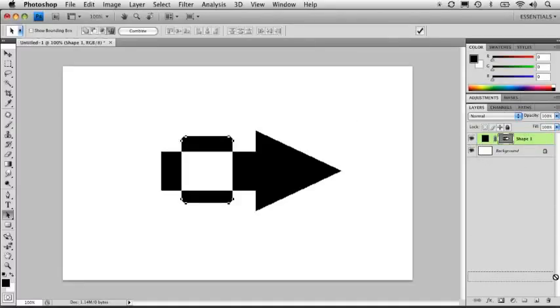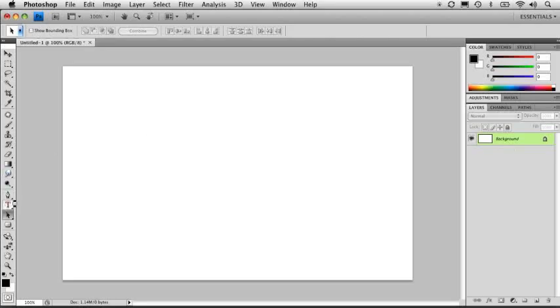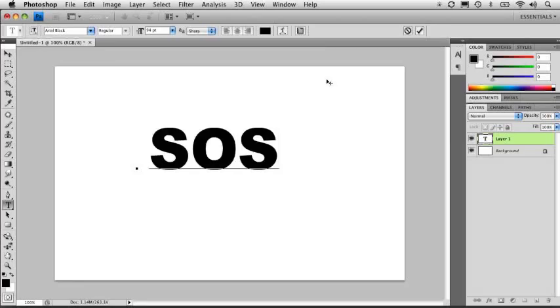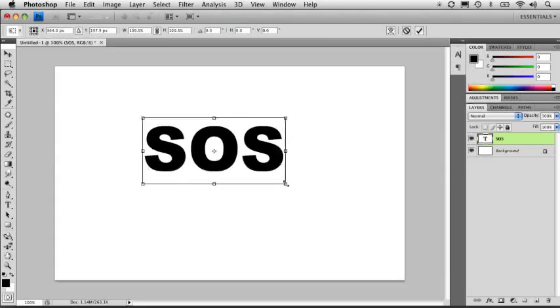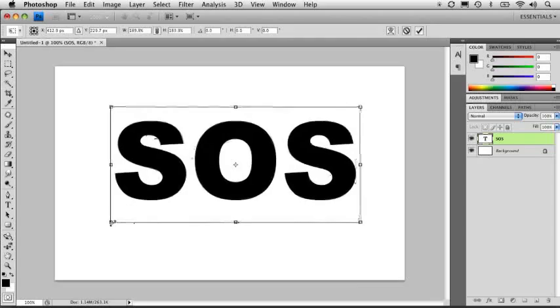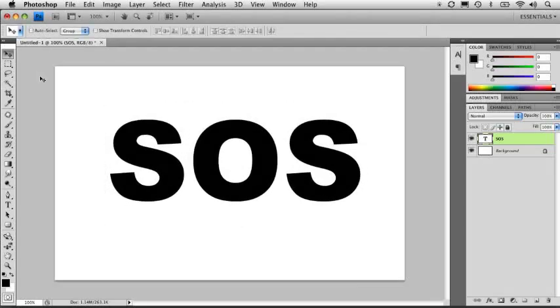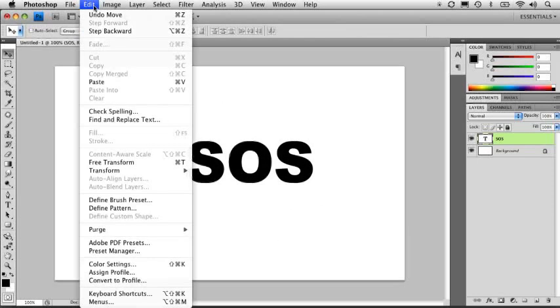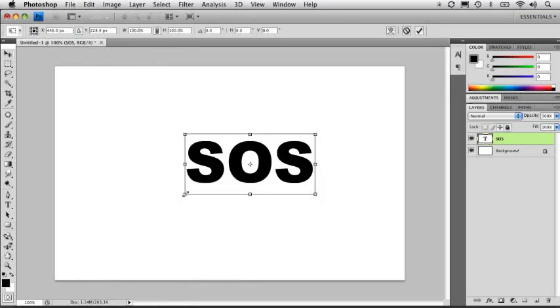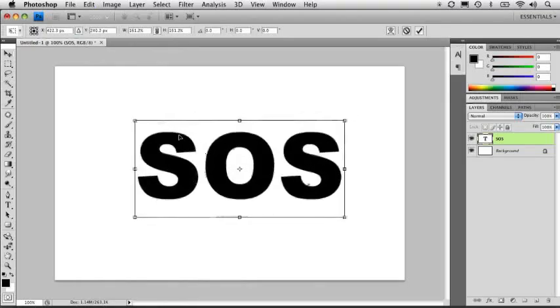Now I'll show you one of the more common ways of using these vector tools. Let's go ahead and grab our text tool here. I'm just going to click inside my document and we're going to set some text. So we'll just do SOS. So I'm going to go ahead and scale this text up, and I just press Command or Control T to open up my free transform, and we'll just resize this object. And another way of getting in there and resizing your object is simply going into the Edit menu and going to Transform, and we'll just do Scale. And we'll just go in here and modify that shape,